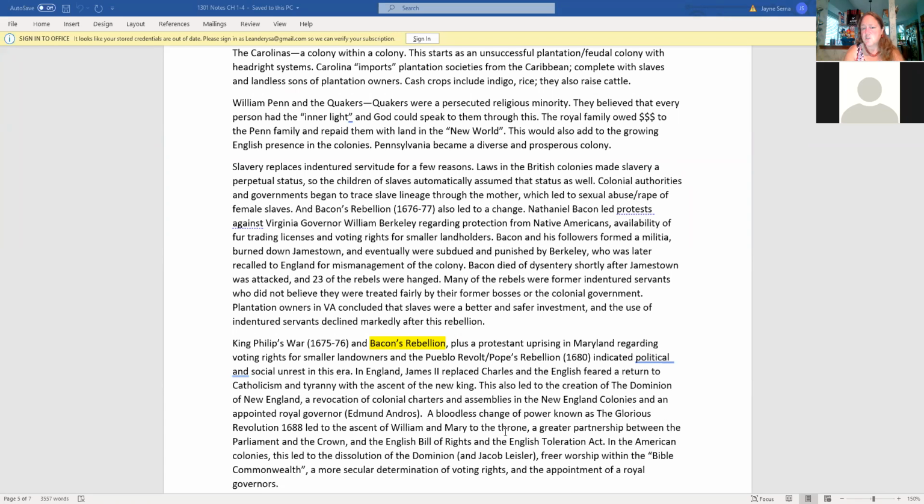So they were essentially cheated. And they felt like, as British subjects, that they had certain rights, and those rights were not being afforded to them. And there really wasn't anybody in the American colonies willing to protect their rights, because when you had elected officials in your House of Burgesses, or colonial, excuse me, assembly,